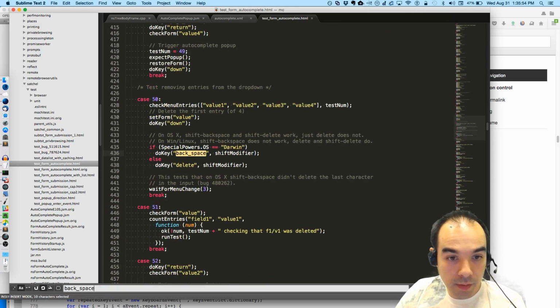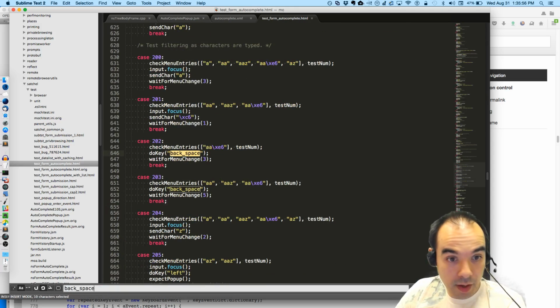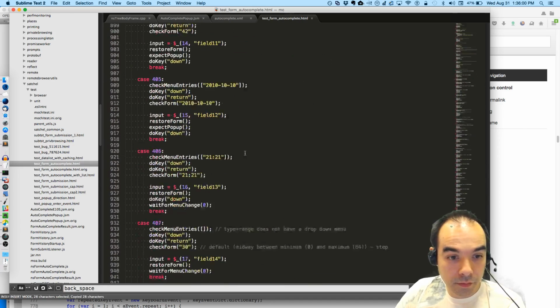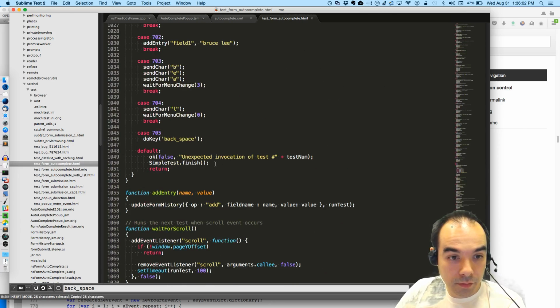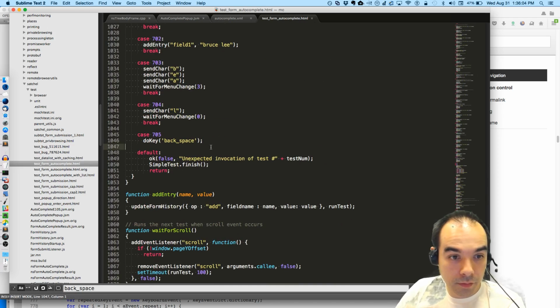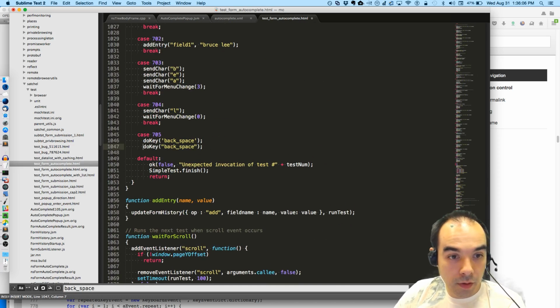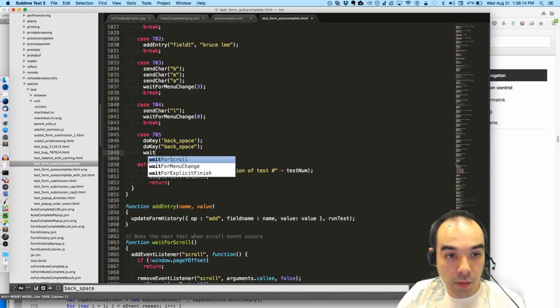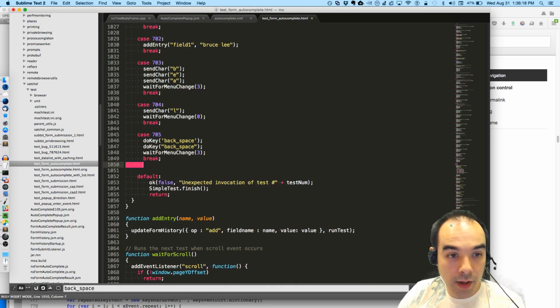Space, right? Backspace. Yeah. One, two, backspace, wait for menu change 3, break.